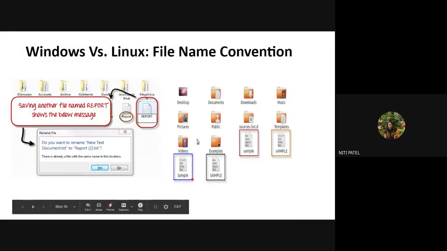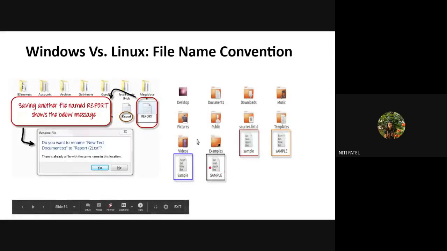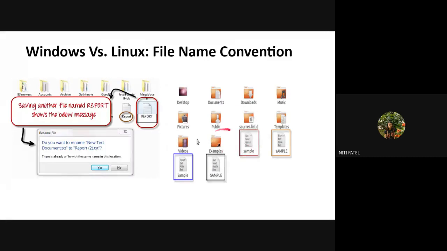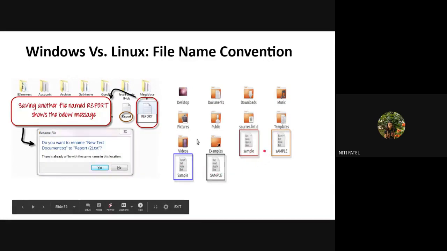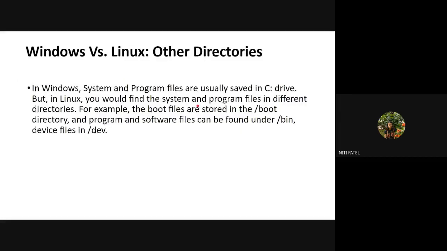So what this means is, it is allowing me to save the file with the same name if it is Linux. But if it is Windows, it will never allow me to save a file with the same name. It will always append numbers to the file name, whereas I will not have such numbers in a Linux file system. So this is the advantage. You can have a file with the same name, but you only have to change the case of the letters, either uppercase or lowercase. That is not allowed in a Windows operating system. So that is the advantage of Linux.